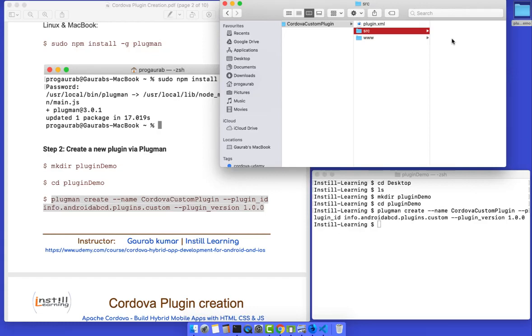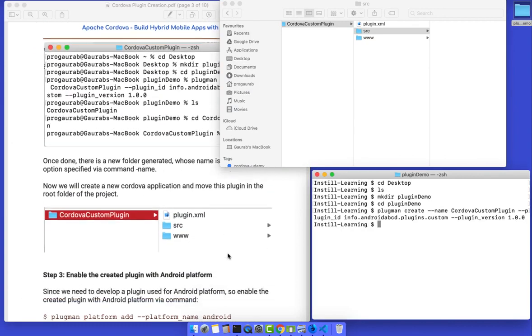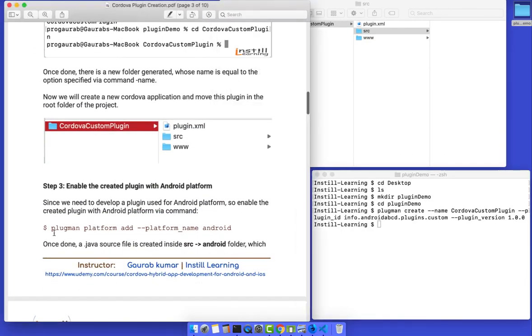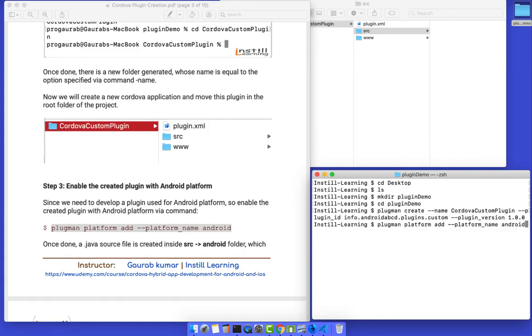Currently I'm creating this plugin for the Android platform, so we have to add the platform. For that you can use the command plugman platform add and the platform name android. I'll copy this and paste it here. First we have to go inside that plugin, so I'll do cd cordova-custom-plugin.